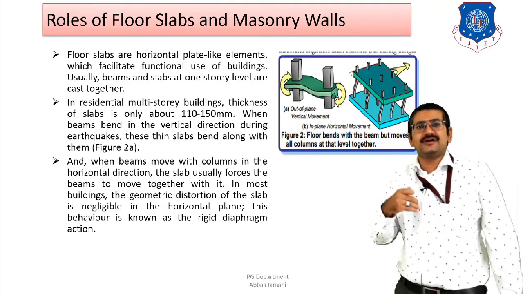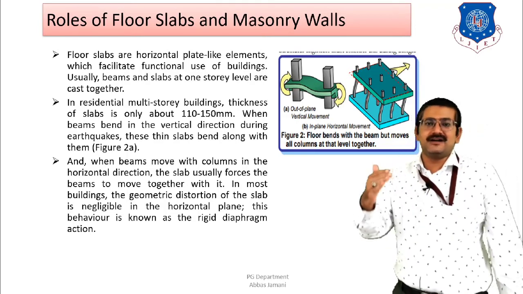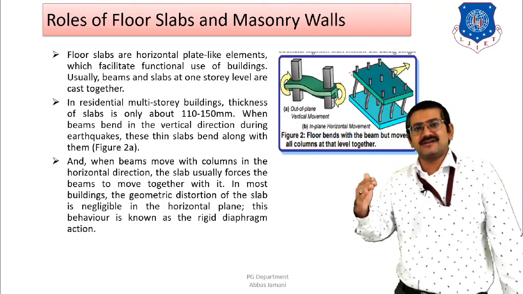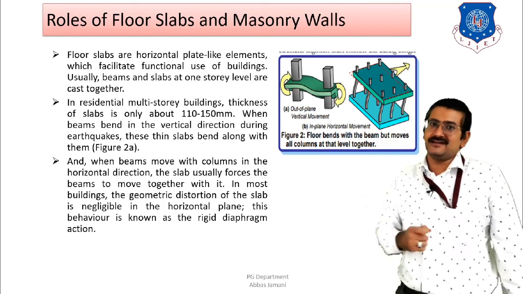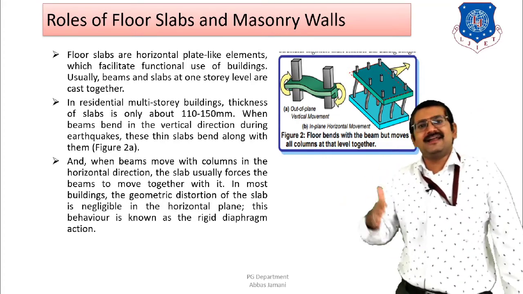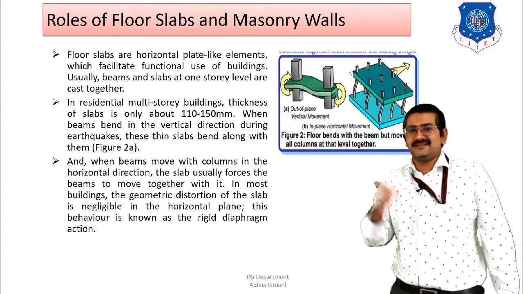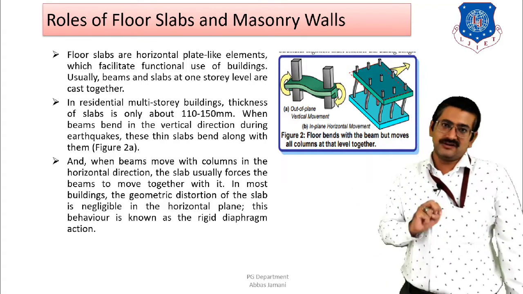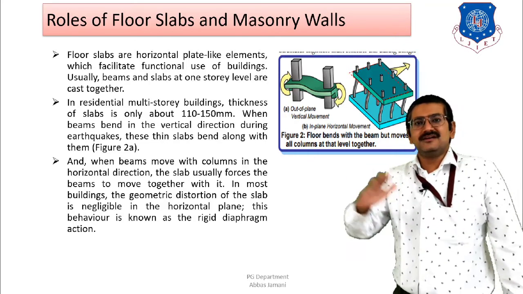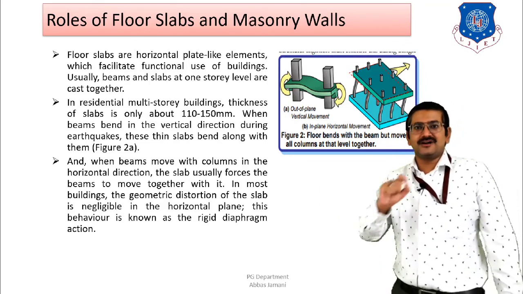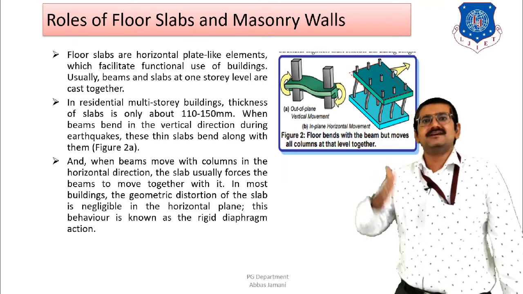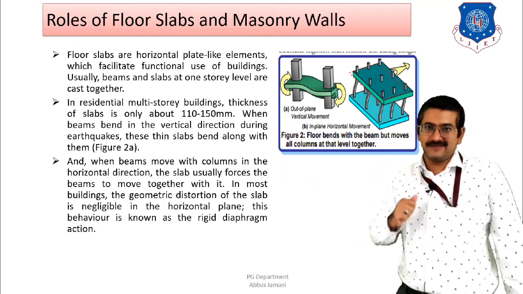So whenever the column will undergo displacement, then due to the displacement of the columns, the beams are also likely to undergo displacement in the particular direction, whether it is x direction or z direction. And whenever the beams will undergo displacement, since the beam and slab are monolithically casted, along with the movement of the beam, the slabs are going to be moved. So if you look at the chronology of the movement, first the columns will displace, then beams will displace, and then the slab will displace.